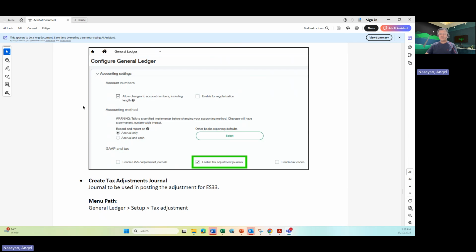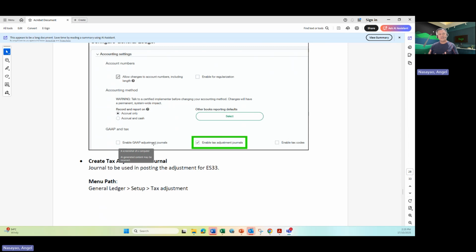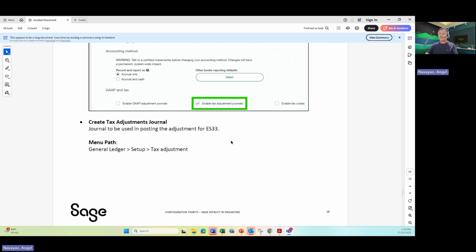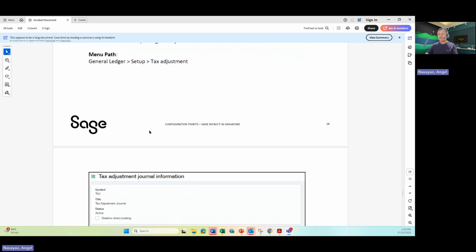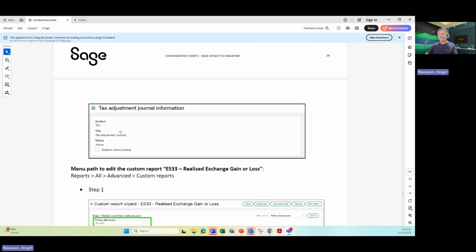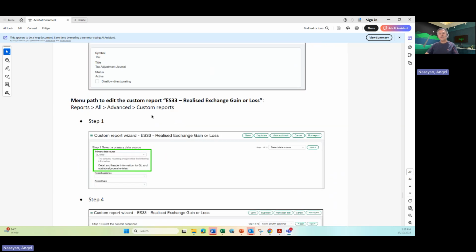So with that enabled, then you have the option essentially to have the adjustment, because we don't want to have the adjustment shown in the accrual book, right? We only want it on a separate journal, exclusive essentially for ES33 if your company is using ES33. So just make sure that you enable this one here, and you have to create a tax adjustment journal. So once it's enabled, you have another area in there that you can post transactions. It's called tax adjustment journal through general ledger, setup, tax adjustments, and the symbol is TAJ, a tax adjustment journal in there. And you have to create a report though,